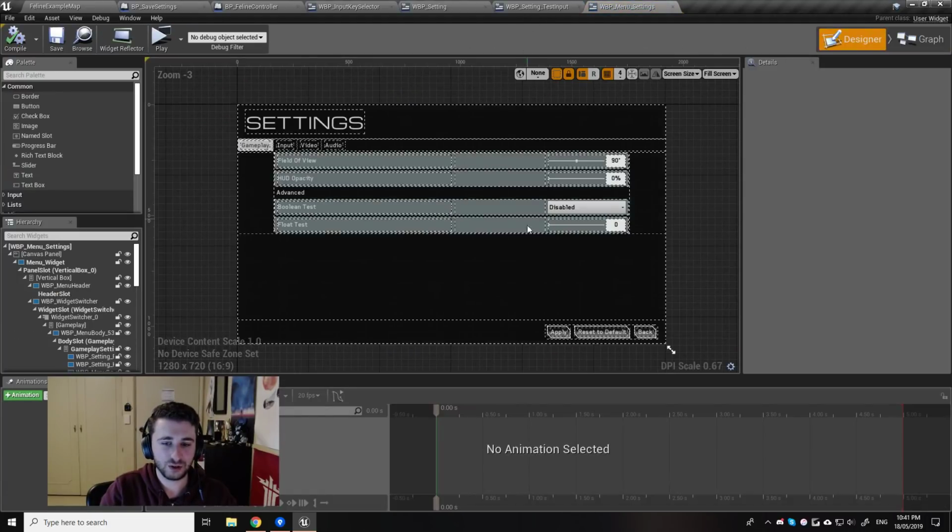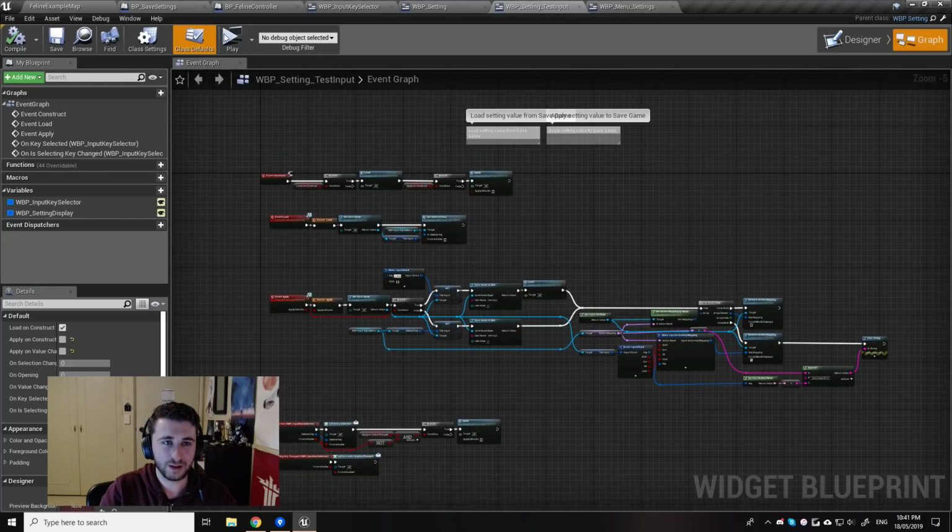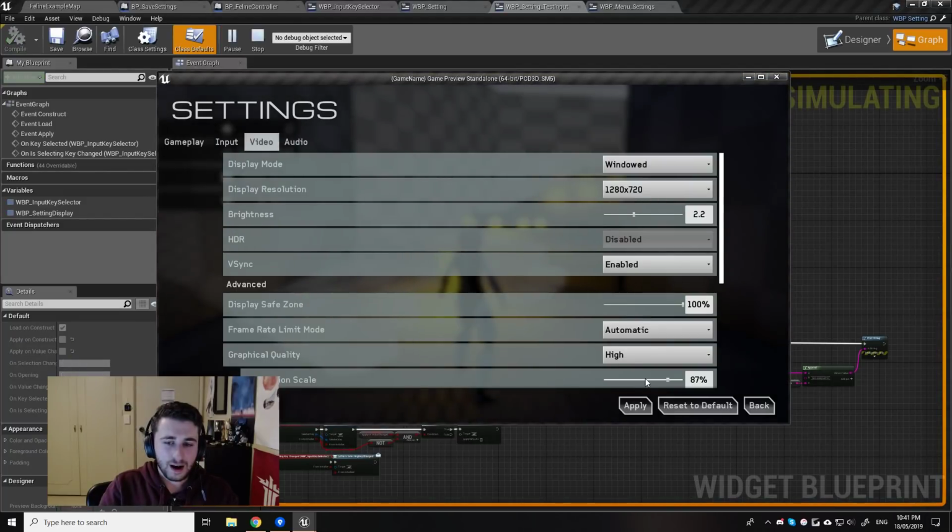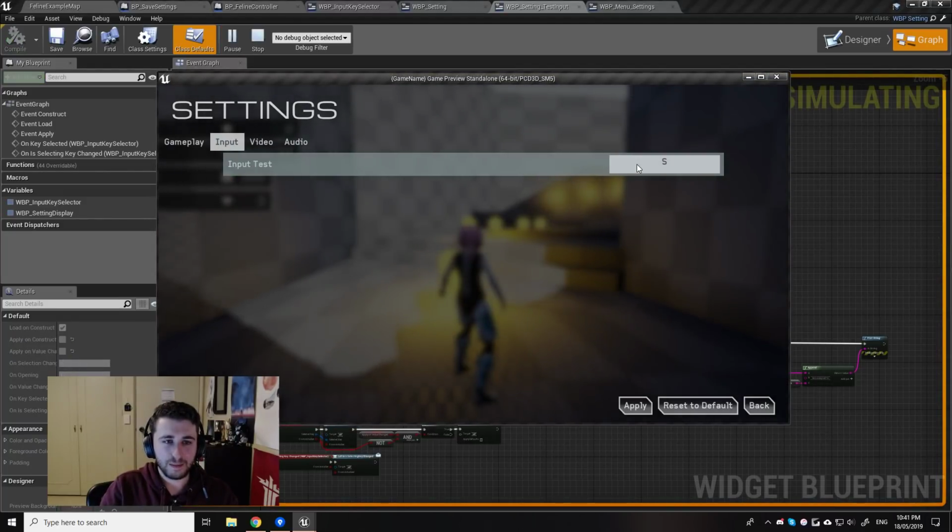So if we go back to, yeah, there it is. We have an apply button now. So if I go ahead and run that, it may still apply automatically. I think I unticked it. So it won't apply automatically anymore, but if I hit apply, it'll call, see, it prints that string now, but it's still applying none,